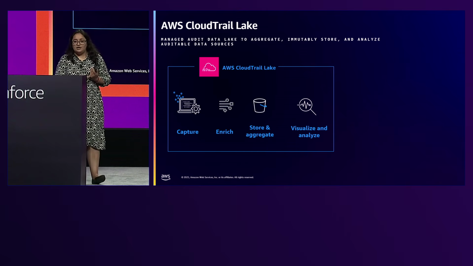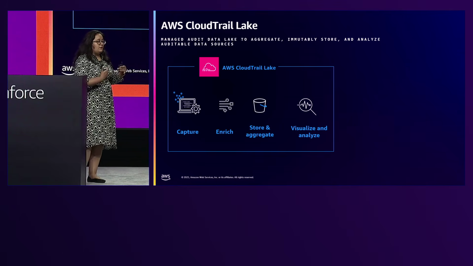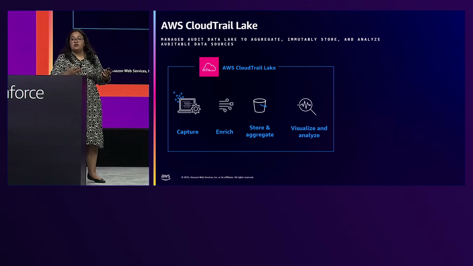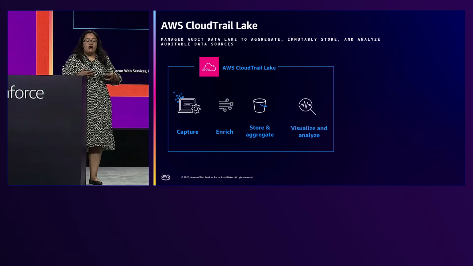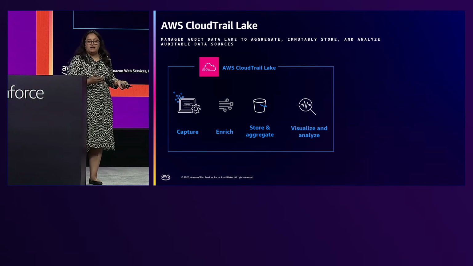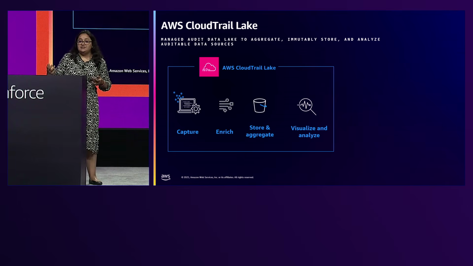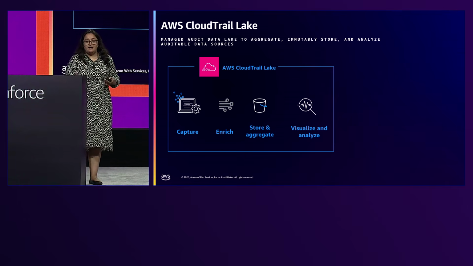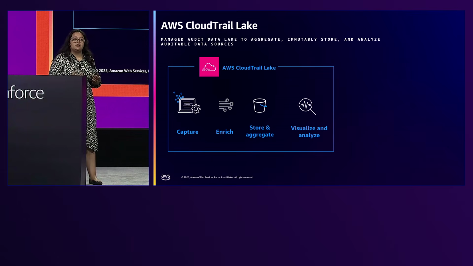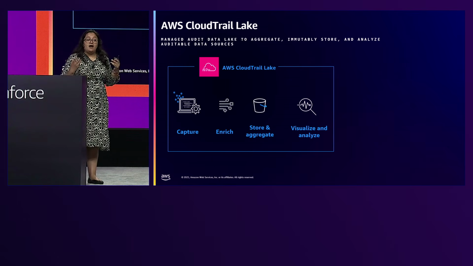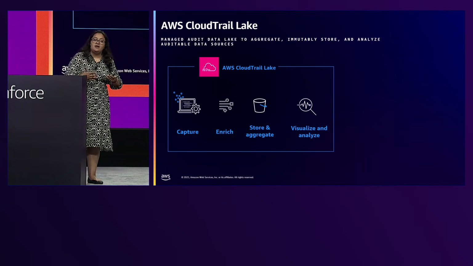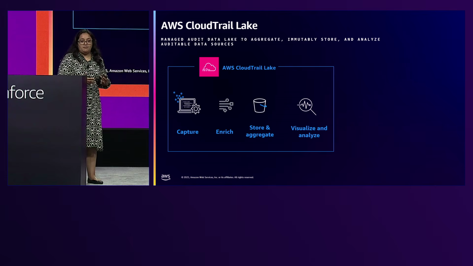I can enrich the CloudTrail events. So if my organization or Greg's organization follows a resource tagging strategy, say all of the resources related to this particular AI application need to be tagged a certain way, because that is how I do my reporting for activities, I can insert those resource tags. I can enrich CloudTrail events or API logs with resource tag information that helps you group events into business context. I can also add the global condition keys we talked about in the IAM policies, which allow me to fine tune and really focus on the condition that needs to be met for an API call to be authorized.